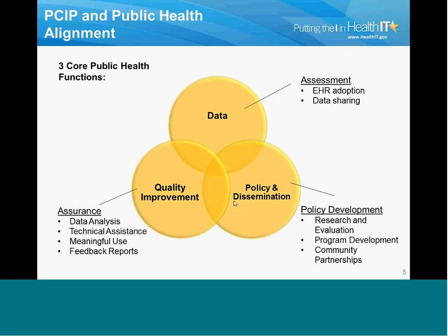So for the assessment piece, we collect data, helping our providers adopt an electronic health record and create a system in which data is transmitted to us. And then with assurance, we take that data and create quality improvement programs, do data analysis, and help providers understand how to use their electronic health records to document in a meaningful way using the meaningful use standards. And we've also developed a feedback report to help with that process of looking at the data and sharing that